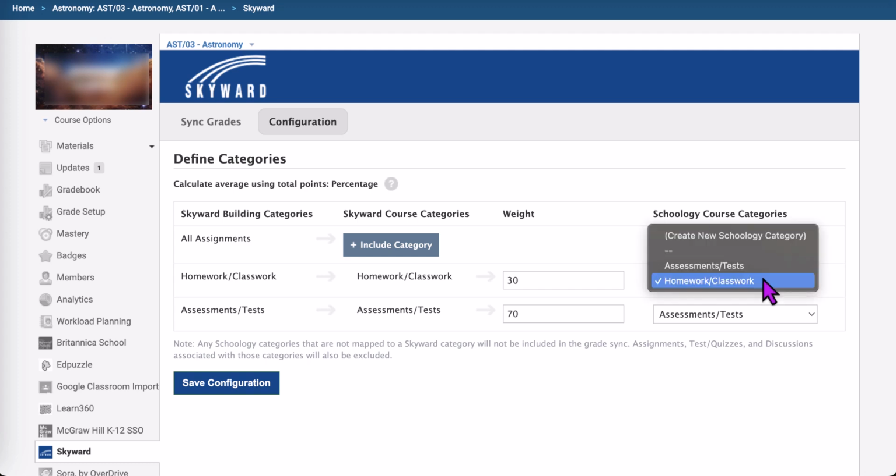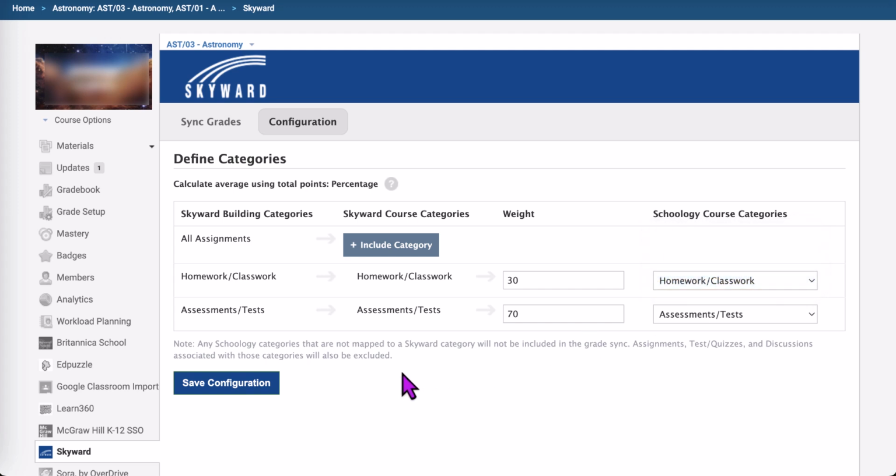If these have become blank or were never set up, you will need to click the drop down and select homework, classwork, or assessments, tests, or if those are not available, you will need to select create new Schoology category. Also make sure that these are the only two categories. If you have another category up here and you're using it on assignments, those assignments will not sync over to